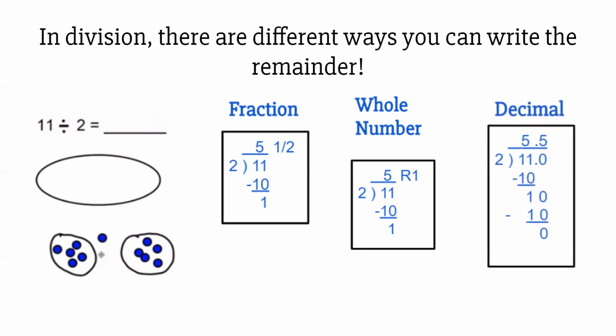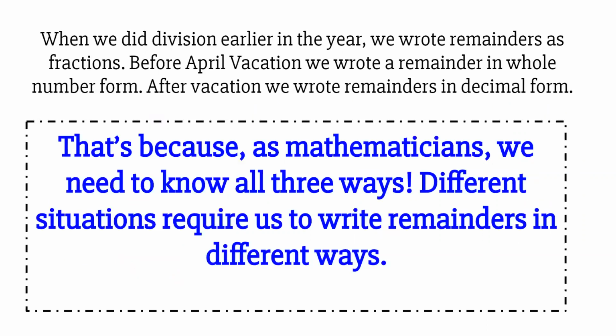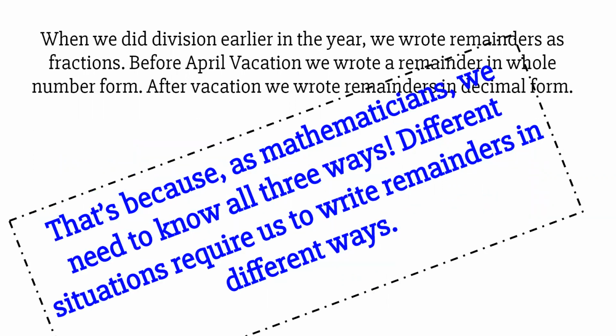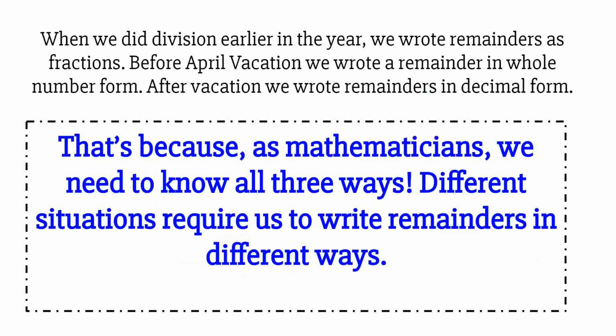But I could also do it as a decimal if I keep going. This is something new that we learned last week. If I read the number 5.5 in a mathematical way, it would say 5 and 5/10. 5/10 is really a fraction, which simplifies to a half. So it's really important that we remember all three of these ways to write remainders, because throughout life, we're going